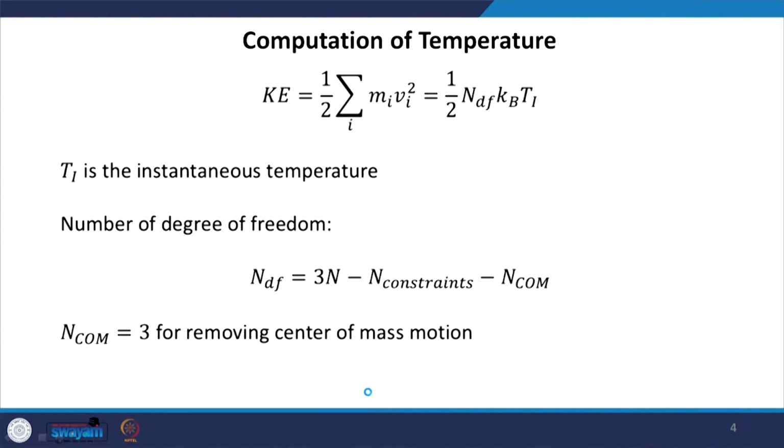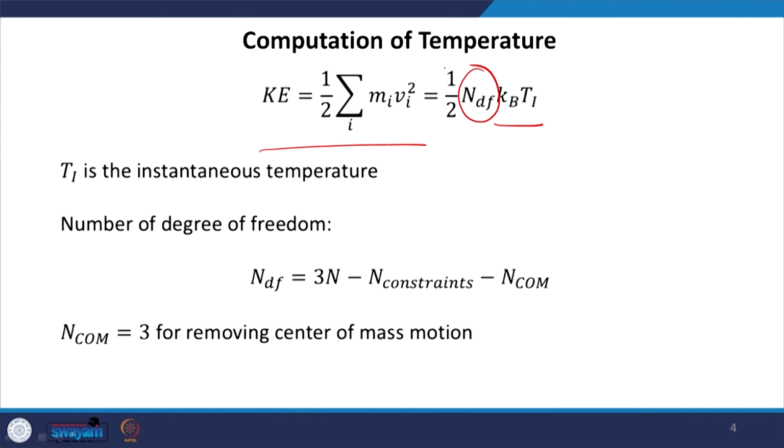If we are doing it in the other ensembles, pressure can be an output variable, so we want to get the average pressure. In both these cases, we can get the temperature from the kinetic energy, and the way it comes out to be is the kinetic energy is defined as the sum over the kinetic energy of all the molecules, and this is proportional to Kb multiplied with the instantaneous temperature that we defined in the earlier class, but multiplied with some number of degrees of freedom.